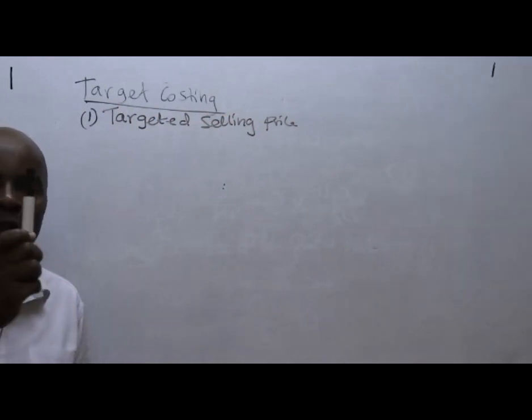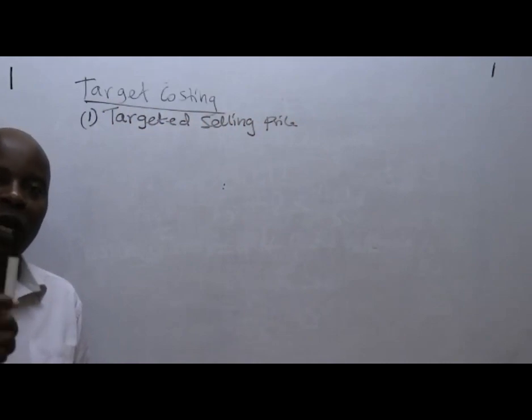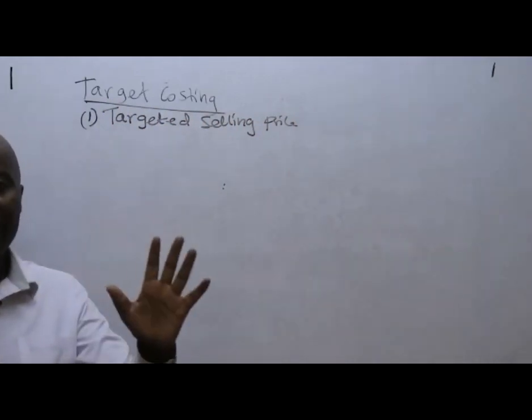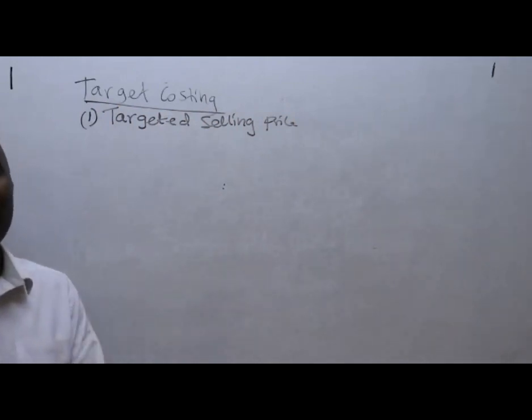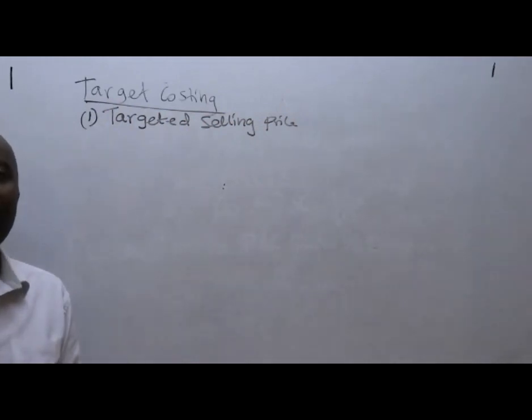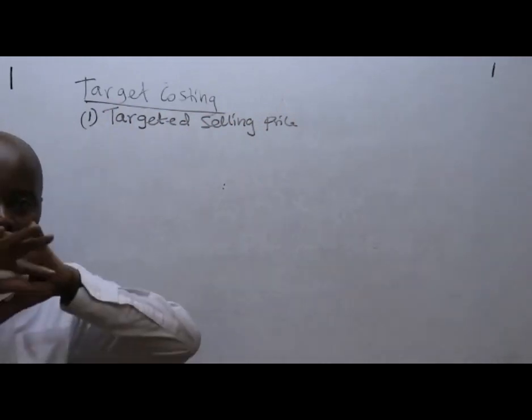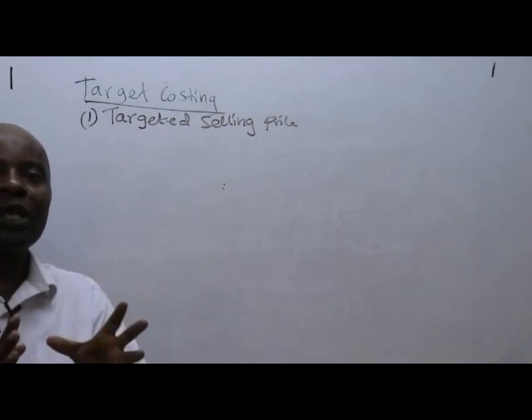For example, if I want to start selling pens of this nature, I will go to my competitors to be, that is in the future, and get the average price. There will be others selling this kind of pen for 10 shillings, others 20 shillings, others 100. Out of all those prices, I should be able to come up with an appropriate selling price